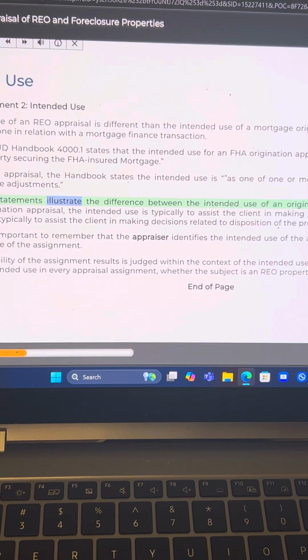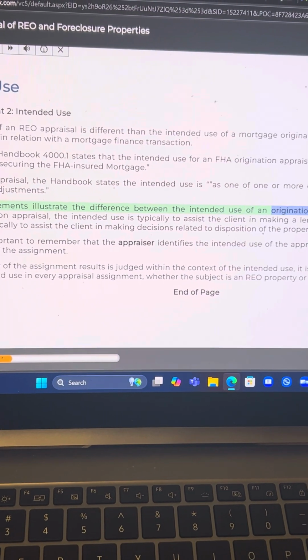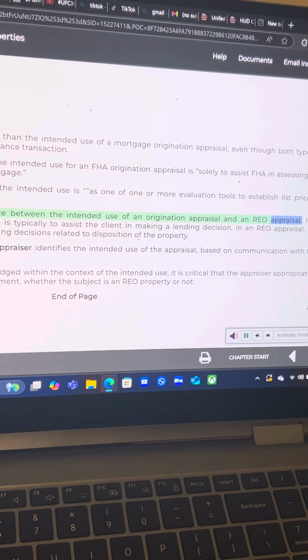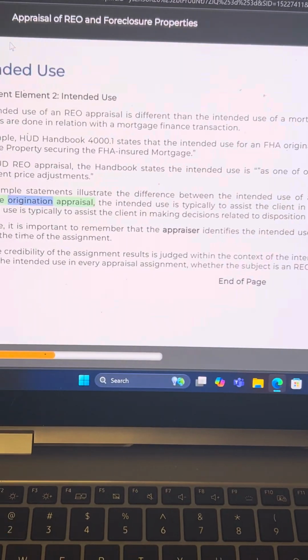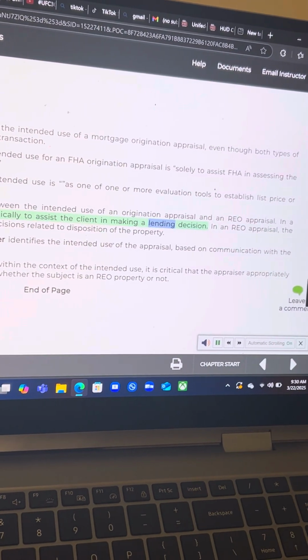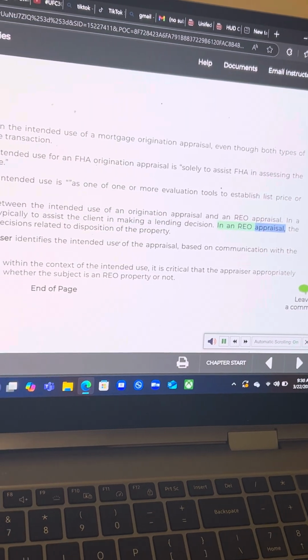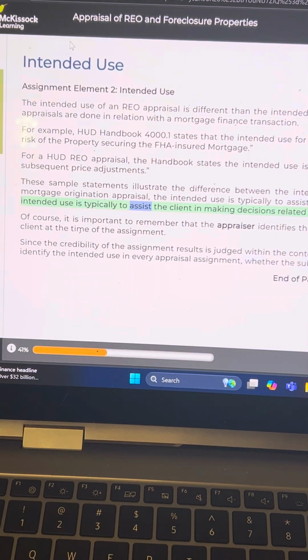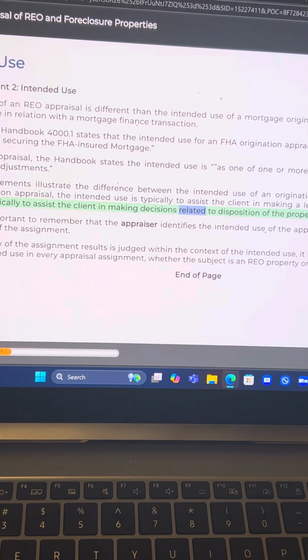These sample statements illustrate the difference between the intended use of an origination appraisal and an REO appraisal. In a mortgage origination appraisal, the intended use is typically to assist the client in making a lending decision. In an REO appraisal, the intended use is typically to assist the client in making decisions related to disposition of